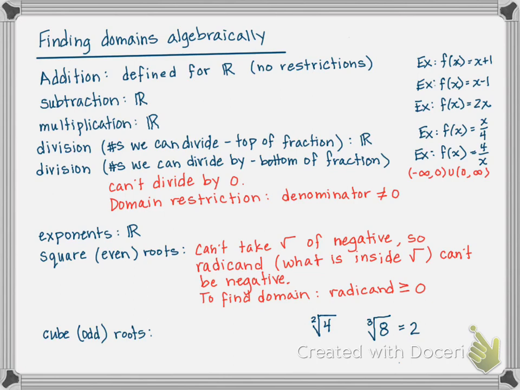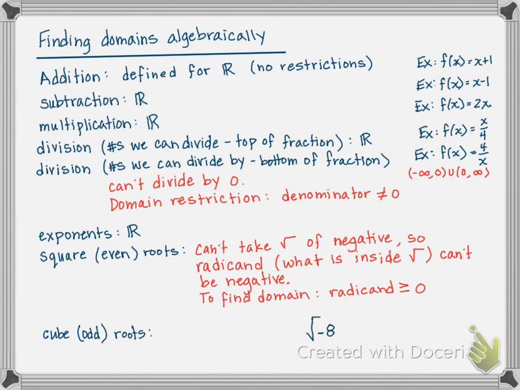And if it's even, it behaves like a square root. And if it's odd, it's going to behave like a cube root. So the big problem with even roots is that you can't take an even root of a negative, right? Because you can't raise any number to an even power and get a negative number, right? However,